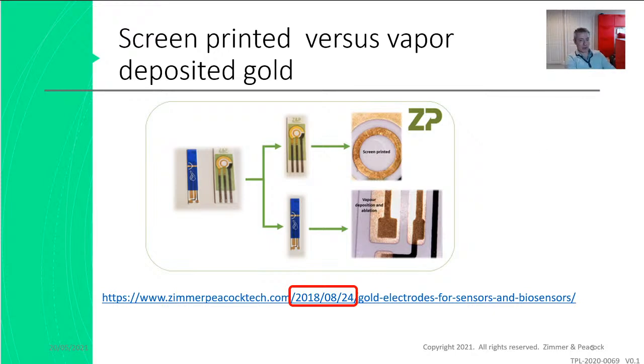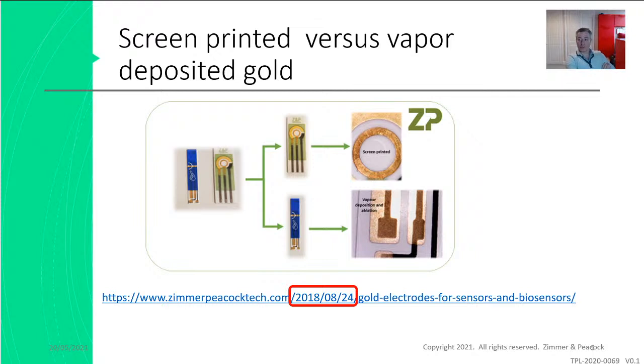Originally we started off making gold electrodes by screen printing and by vapor deposition. And I'm going to put these links on the YouTube description, because it's probably worth looking. The vapor deposited gold is essentially smoother,